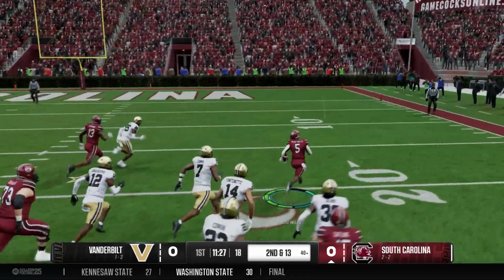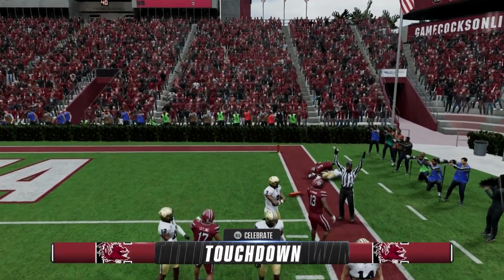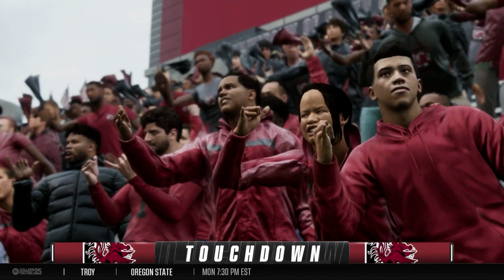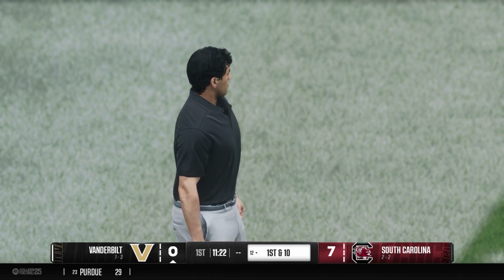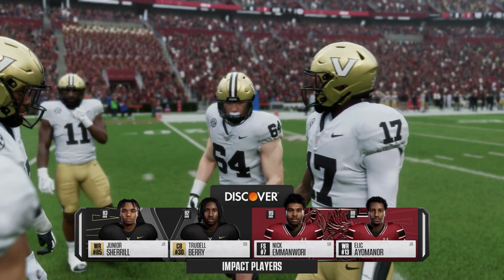We give it to McReynolds, and McReynolds cuts it outside. This is going to go the distance, 40 yards for a touchdown. Braylon McReynolds. How about that for an answer? Great acceleration there from the transfer, and it's 7-0 South Carolina, as now we'll see Vanderbilt's offense take the field,